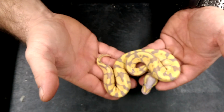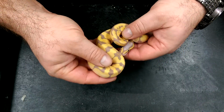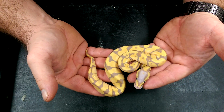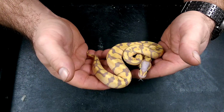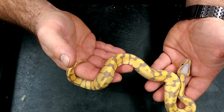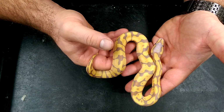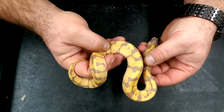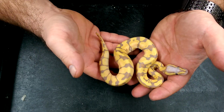Let's go on to, we'll do this one. Okay, obviously the other father of the clutch was banana. As you can see, we hit 2 bananas, and at first I was thinking there was 1 normal banana, 1 Enchi banana. Then I went to 2 bananas, 2 Enchi bananas, and now they've shed out. 1 minute I'm thinking I've got 1 Enchi banana, and the next minute I'm thinking no, I've got 2 Enchi bananas. This is the one that I'm questioning, and the reason being is this little dude, he is a male,